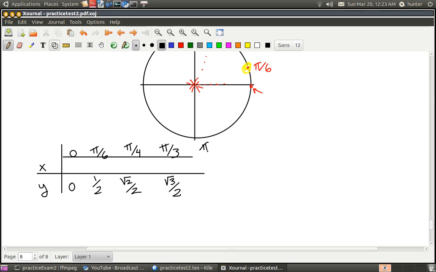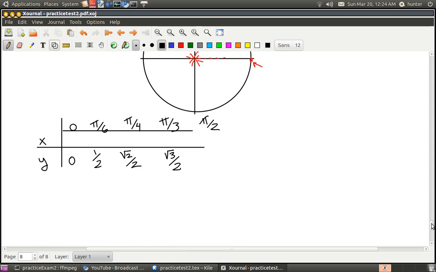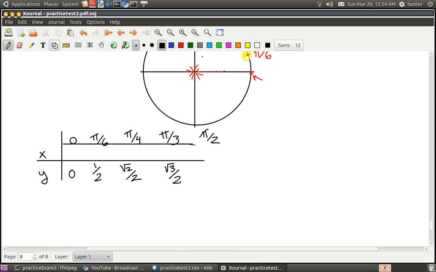It should be pi over 2. And did I label that? Yeah. Here, this one, pi over 2, is important too. Pi over 2 is this 90 degrees is pi over 2. And the y coordinate there is 1. Now the x coordinates just follow the same pattern but go down because the circle is so symmetric. So this is square root of 3 over 2, this is square root of 2 over 2, 1/2,